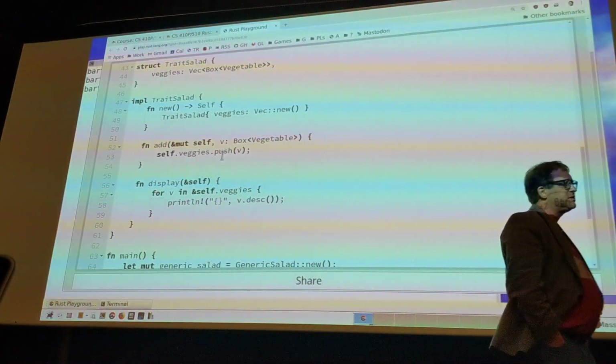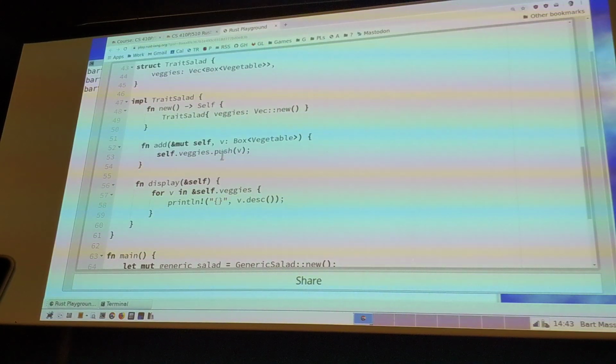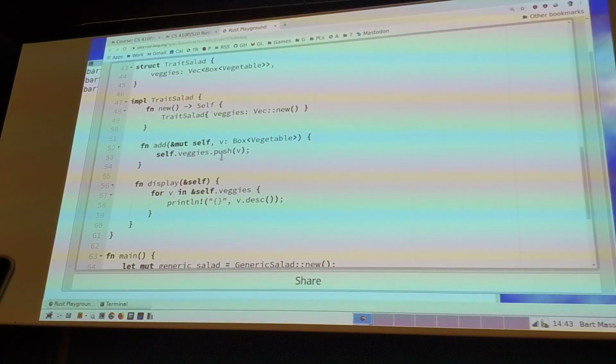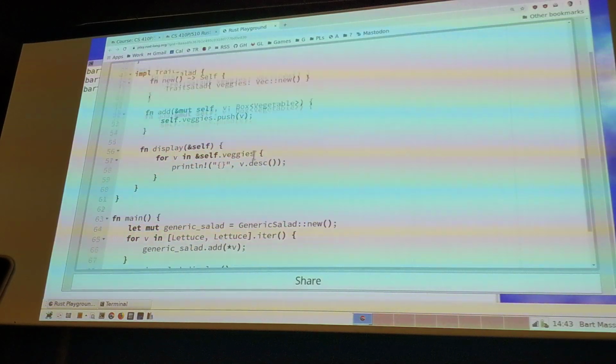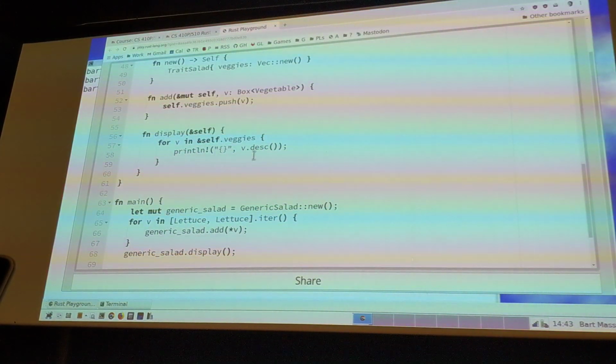So now I box those up so that I have a vector really of smart pointers to vegetable objects. And now my implementation is going to be a little different too. Notice that there's no generic types in my implementation of trait salad. There's no capital T's floating around anywhere. Instead, to make a new one, we make a new vector of veggies. That doesn't change at all. To add things here, I need a boxed vegetable to push into